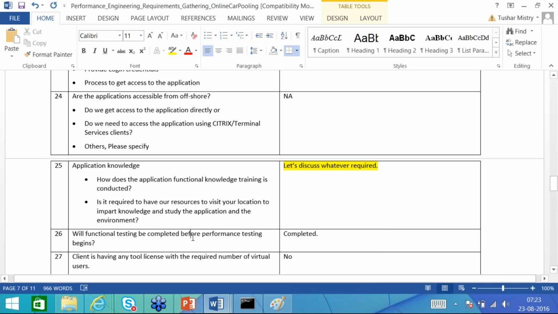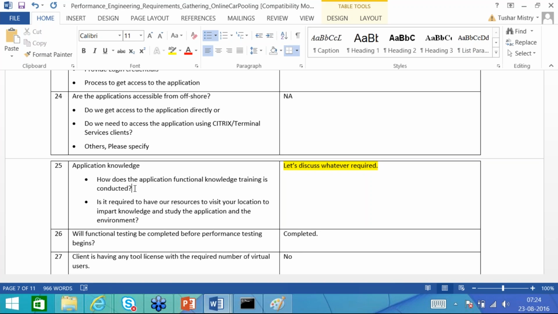Next is application knowledge. How is the application functional knowledge training conducted? When we identify the business scenarios or the client gives us the business scenarios, it's necessary that we go through each and every scenario in detail, like what steps are performed, because we need to understand the data used by each business scenario.